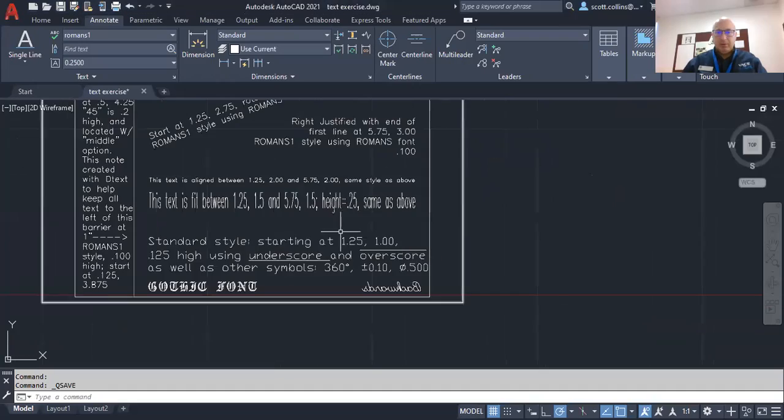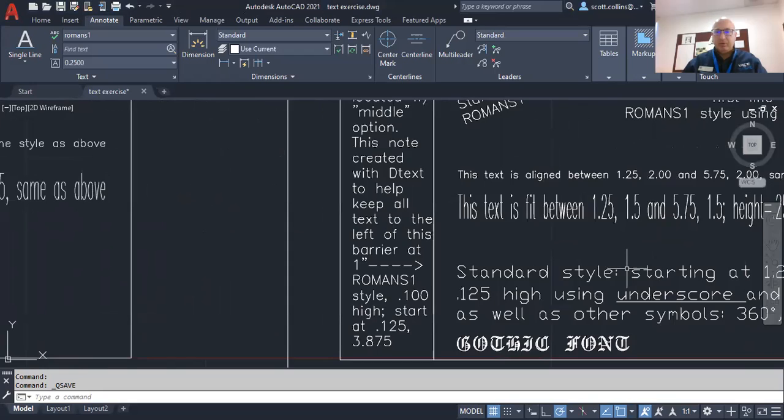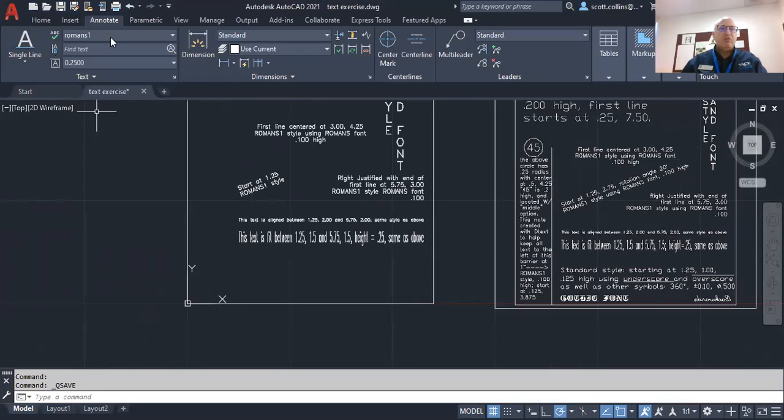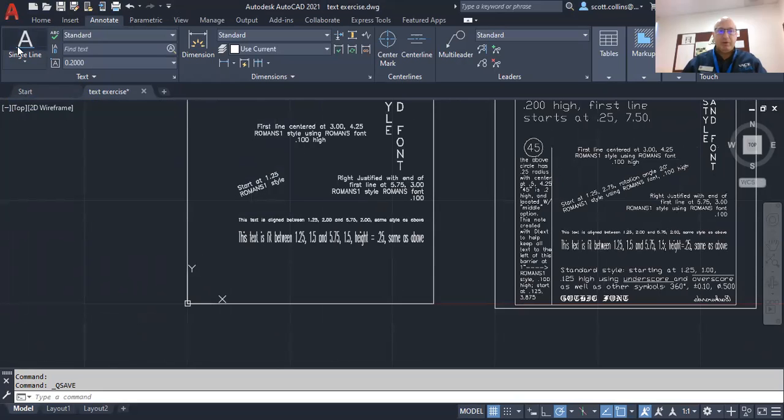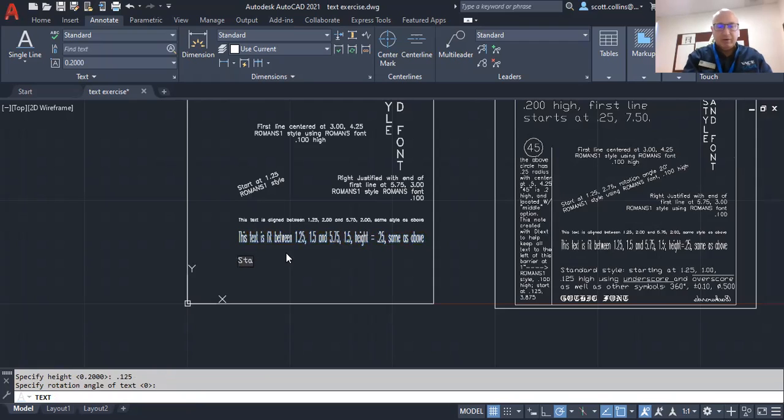So we're going to zoom out a little bit. Move it over so we can see them both next to each other. Change your text style to standard. Now remember, do not use standard after this assignment. Single line text, justify, go back to left. Start point is 1.25, comma, 1.0. Height is 0.125. Rotation is 0, so standard style, colon, starting at